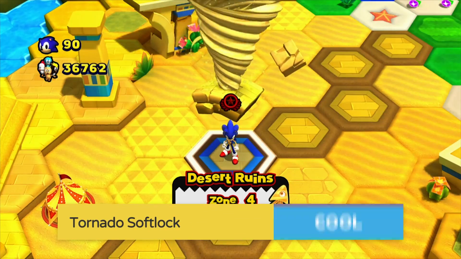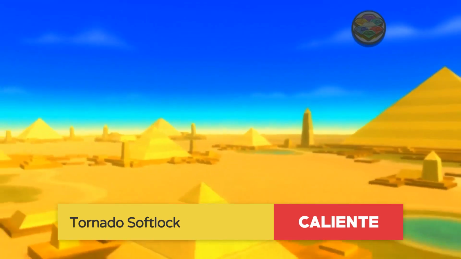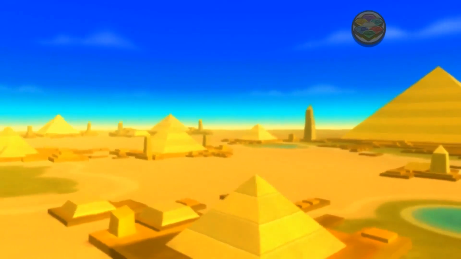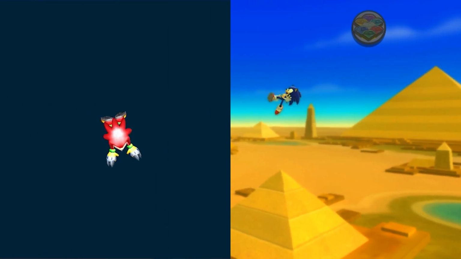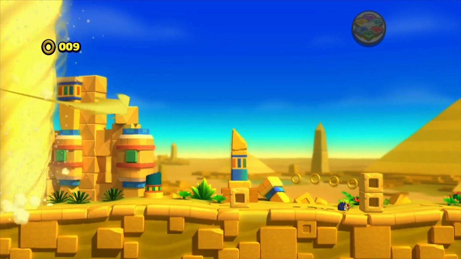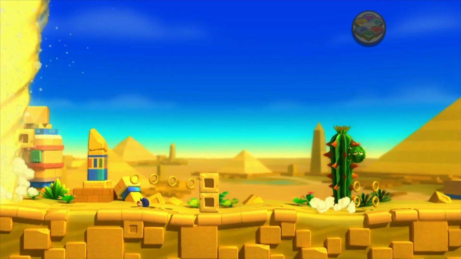And now we're heading back to Desert Ruins Zone 4 for another glitch with that crazy tornado. Don't worry, this one won't melt into your retinas. This one may look similar to those who watched a certain video 2 weeks back. But anyways, maybe you have, maybe you haven't, but if you've actually been unfortunate enough to experience it, the tornado